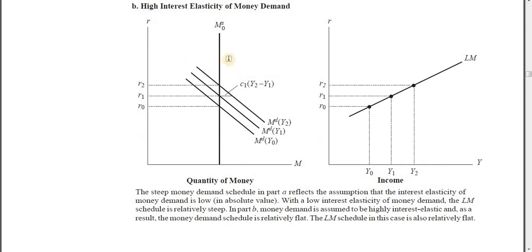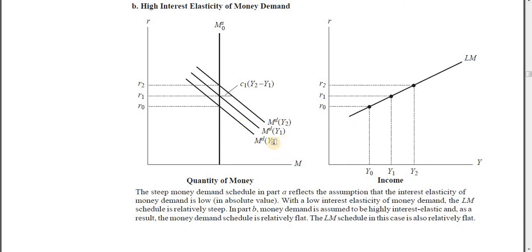Alright, so how does it have an impact on the shape of the LM curve? So let's focus on this diagram. Let's say money income has gone up from Y0 to Y1. So what would happen? Income has gone up, so transaction demand for money would go up. How to re-equilibrate the money market? Money demand is higher than the money supply. This would put upward pressure on the rate of interest. But because the money demand is very sensitive to the changes in the rate of interest, a minor change in the rate of interest would re-equilibrate the money market, and this is how we'll be having a flatter LM